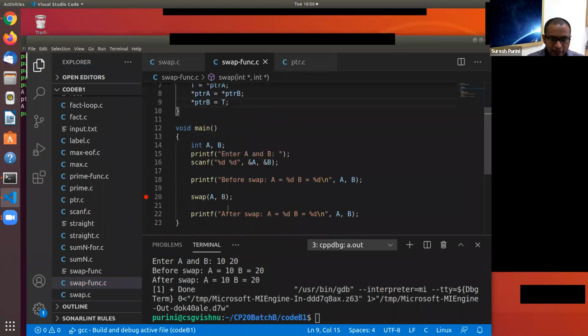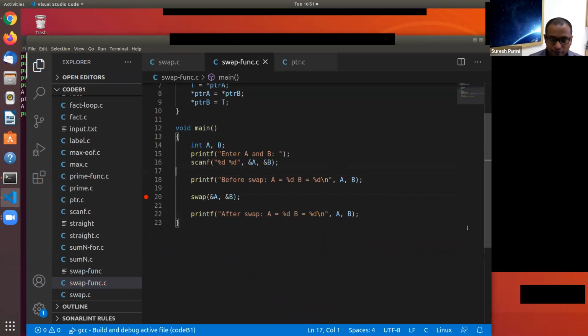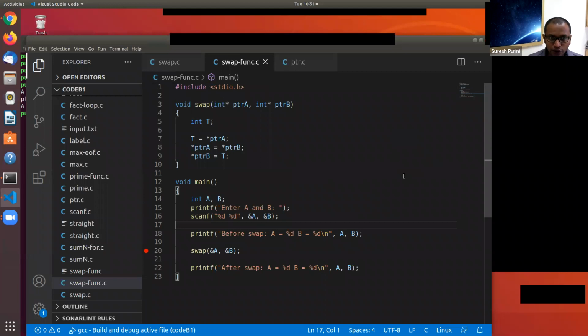And then in the swap, you pass the addresses of them. This is what we do. Are you all with me on this code?